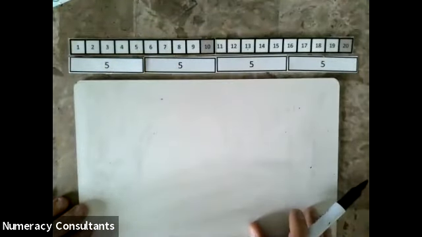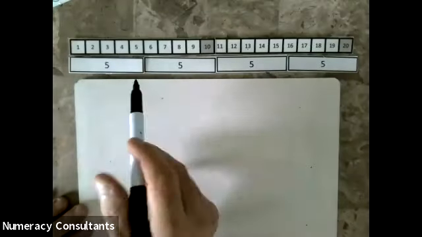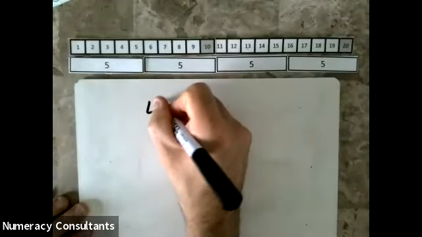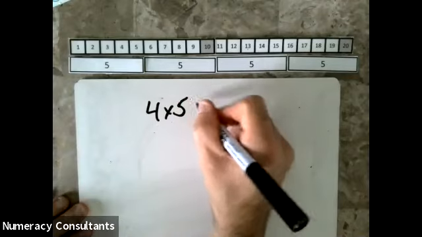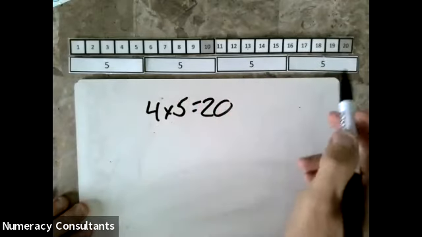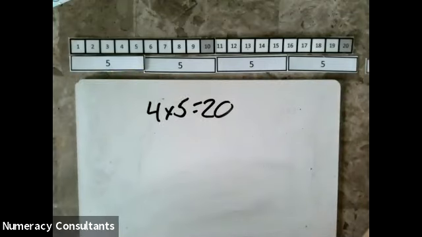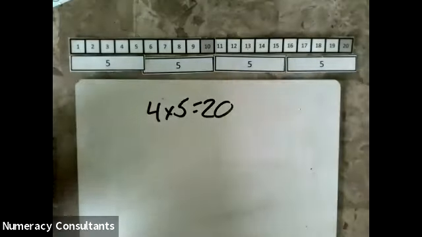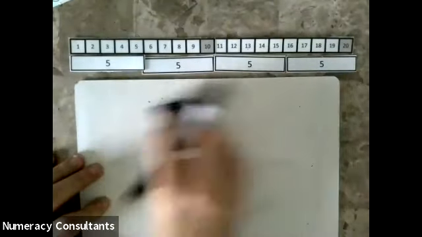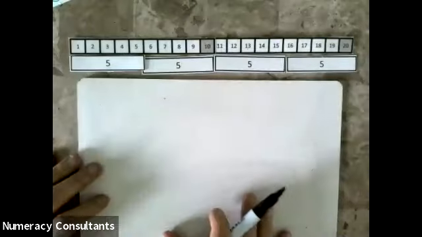Again, you can take the same thing right here and you could have kids writing equations. We know, okay, there's 4 groups times 5, and that would equal 20. If we had one more group of 5, what would it be? Well, it would go ahead and predict, and it would go to 25 and so on. So add that other group. So there's tons of flexibility with just using it from the level A all the way up to